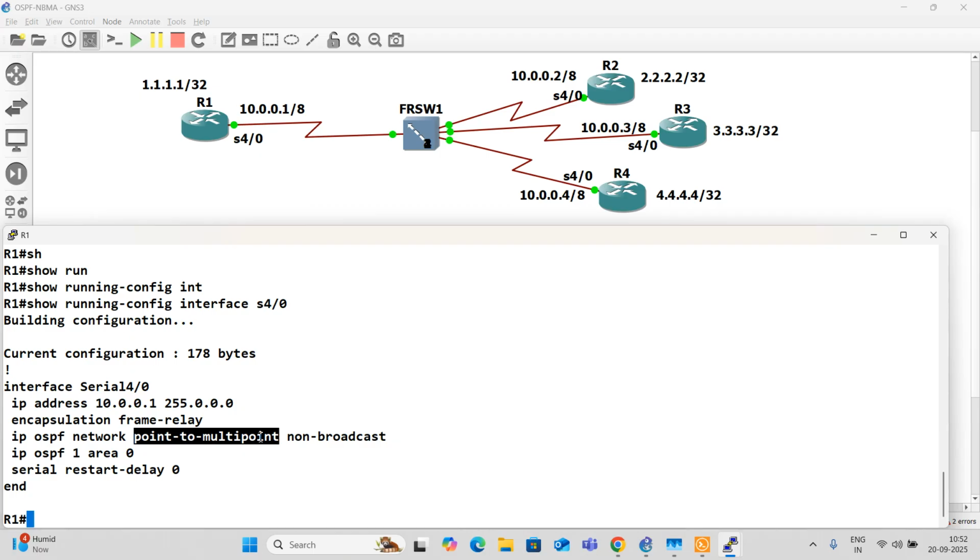So Cisco's point to multi-point non-broadcast is the best of the first two. In the first one, the best thing is neighbors are manually configured. In the second one, the best is, can you answer?